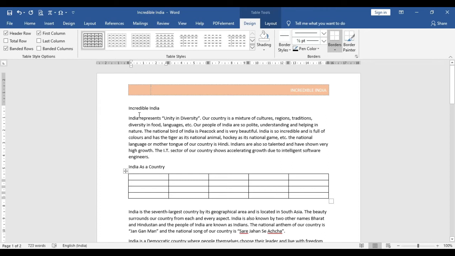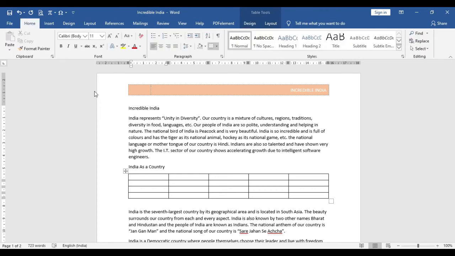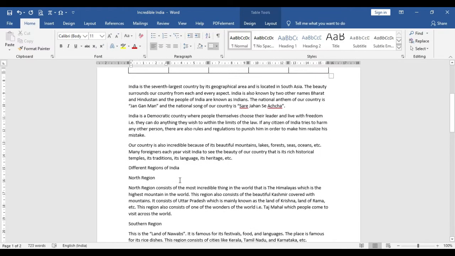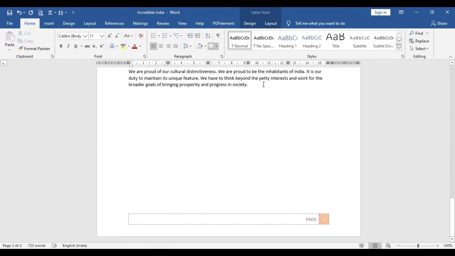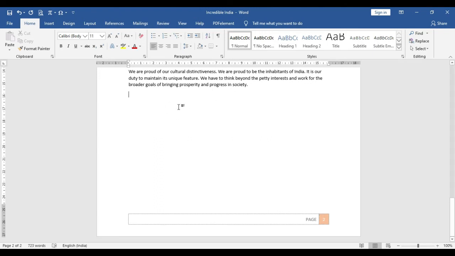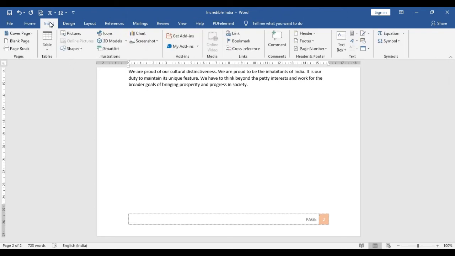So let's check it again. Move the cursor to the desired place where you want to insert the table. Suppose here I want to insert the table at the last of the document. So first move the insertion point where you want to insert, then go to the Insert option. Then select the table from the ribbon.